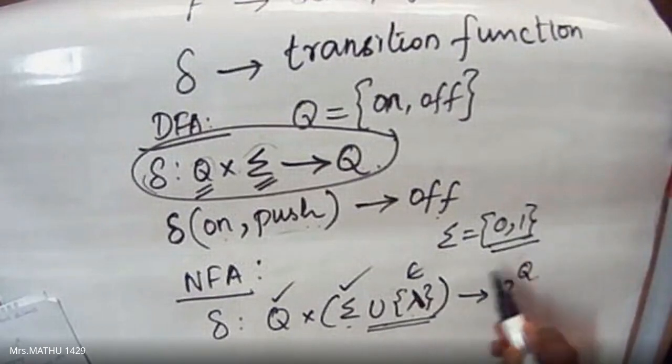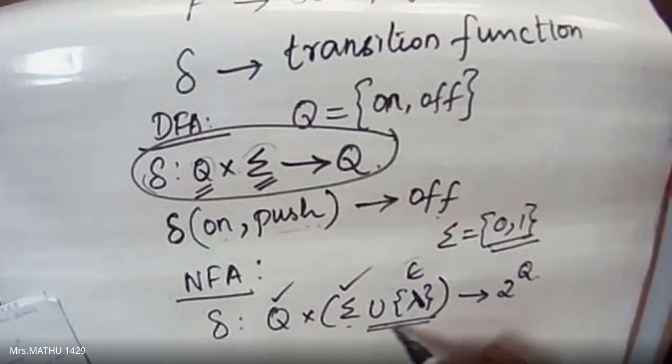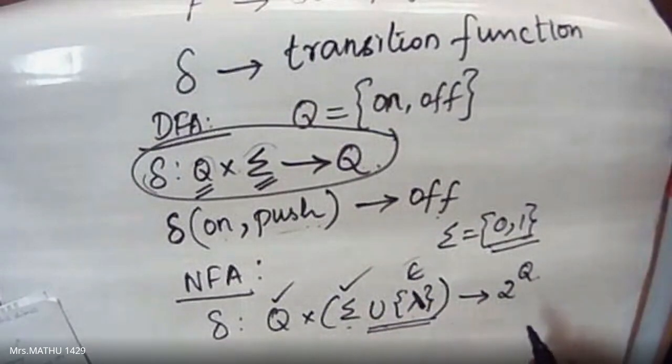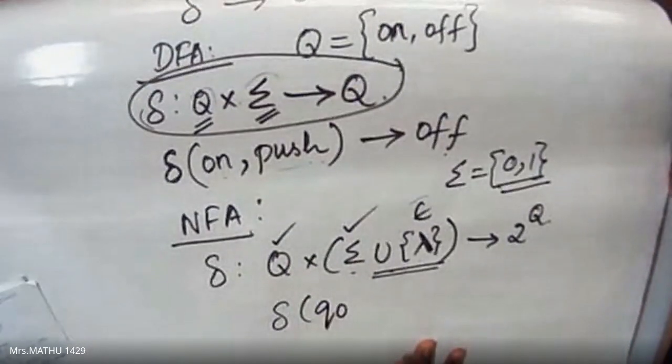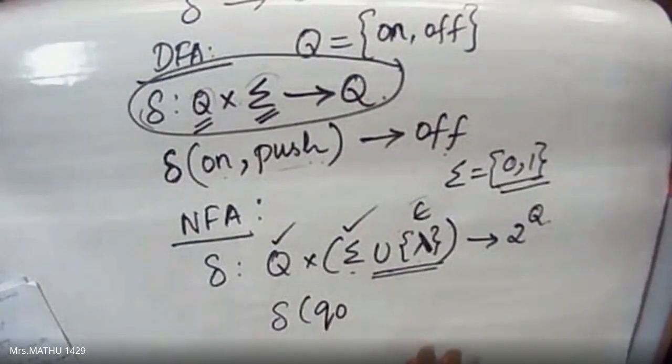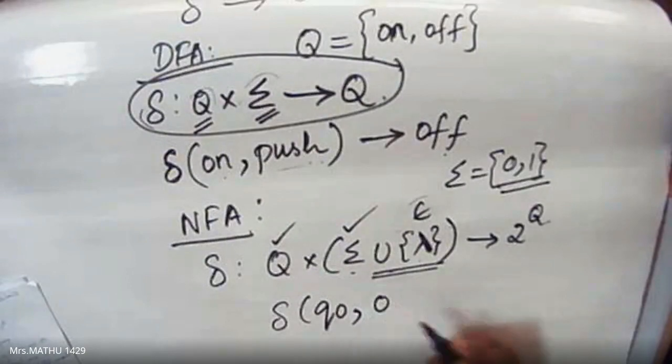Apart from this, you can also use the empty string as an input during a transition. So how it could be: delta of, you can take any state. Let me take some state, let me take a state name as Q naught, comma, you can take the